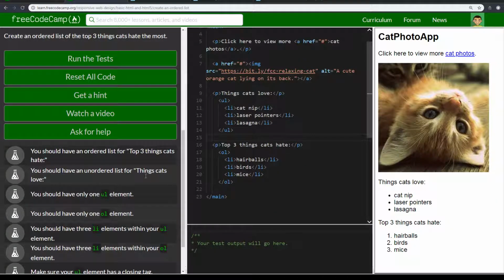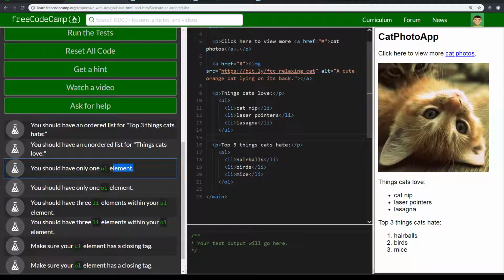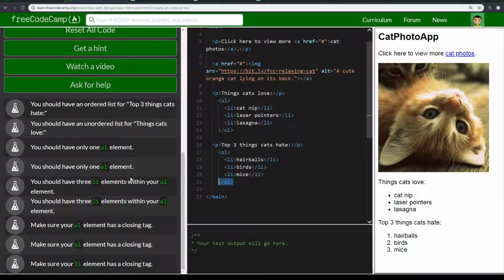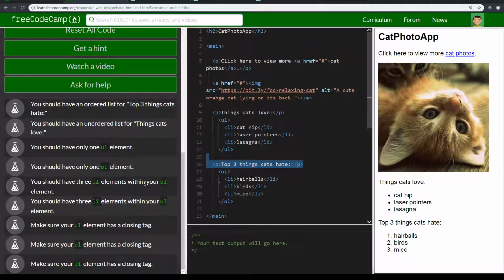Easier to read, right? Okay, you should have only one UL element, one unordered list. We do have only one unordered list here, open, close, and one ordered list. Yes, open, close, one. This is considered one, right? Anything that's wrapped inside, just like this is one paragraph, anything that's wrapped inside this is one. Okay, you should have 3 list elements within your unordered list, as well as 3 list elements within your ordered list